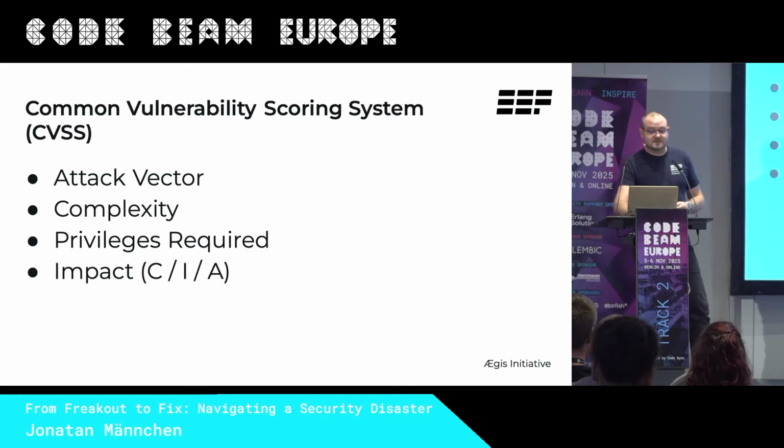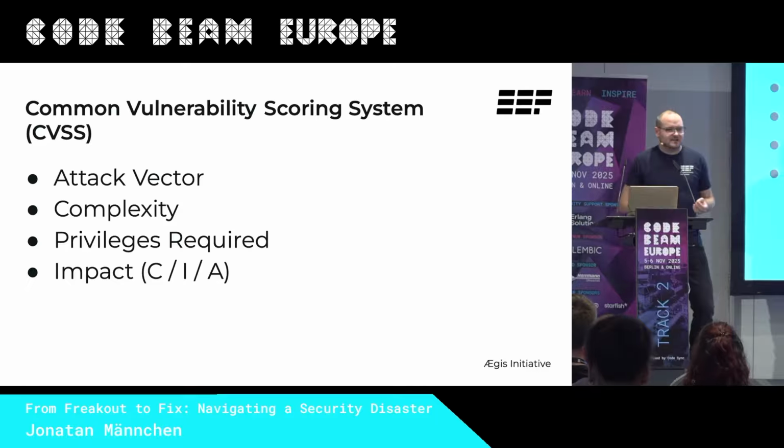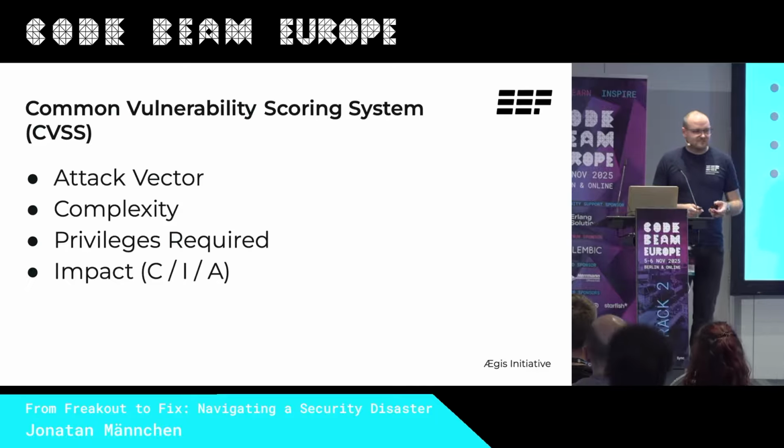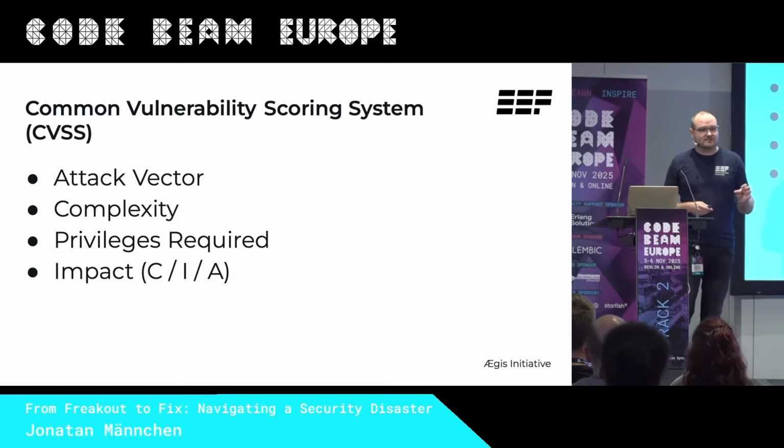For instance, imagine a denial of service that crashes your node reliably. It might score something like an 8.6, which sounds pretty catastrophic. But if you're behind a load balancer and you're running thousands of nodes, having one go down probably is not that catastrophic. But if it's the only one you're running, that's pretty bad. And so CVSS captures the technical severity and not necessarily the business impact it has on you.